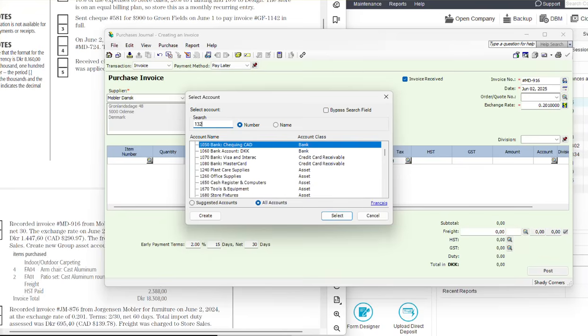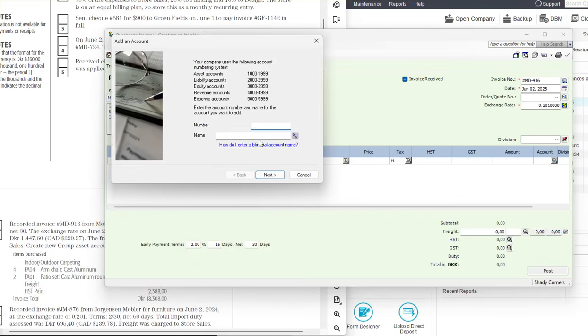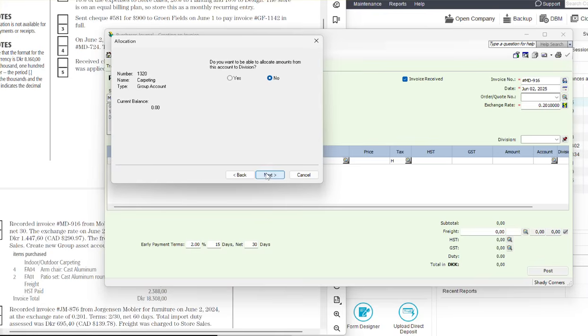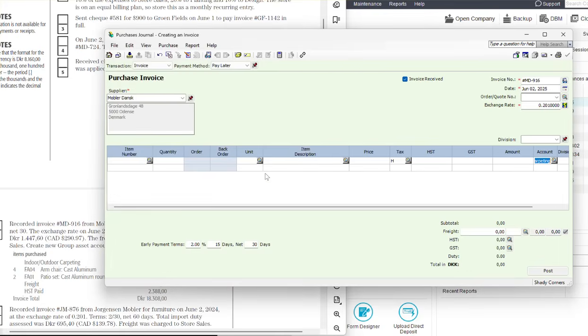1320. I wanted to create that account, a carpet account. It's an asset. I'm going to do that. Number is 1320. The name of the account is carpeting, and I'll say next. Finish. So this is my carpeting, and the carpeting amount was